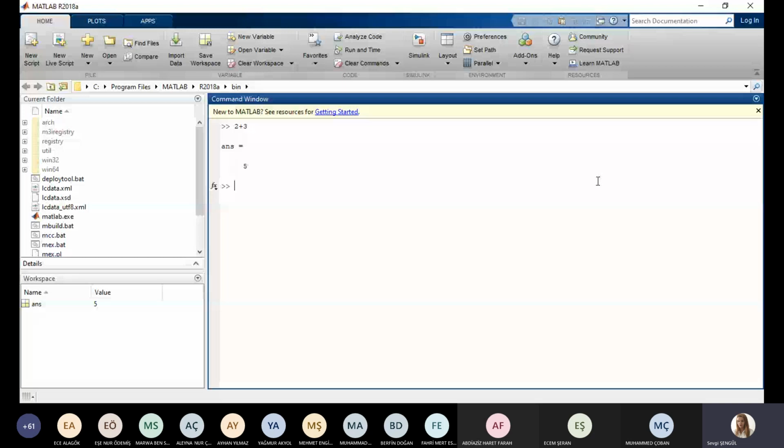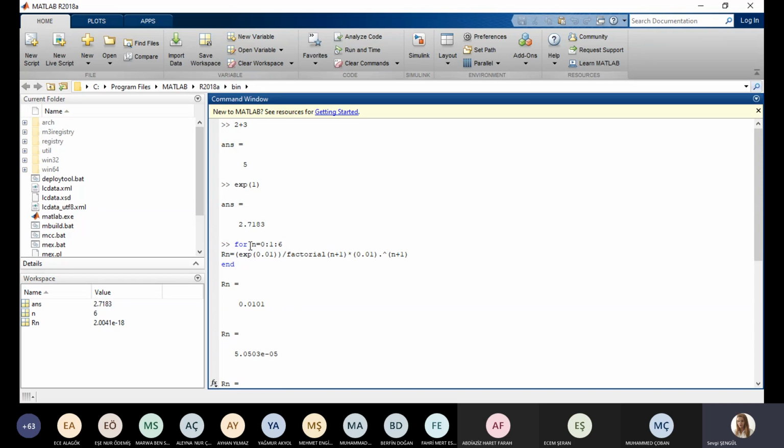2 plus 3, it will give you 5. You can ask, what is the exponential of 1? It will give you the exponential 1 value. So this is like a calculator. Once you open the command window, you can do any of your algebraic calculations in here. And we will talk about these later, but right now,